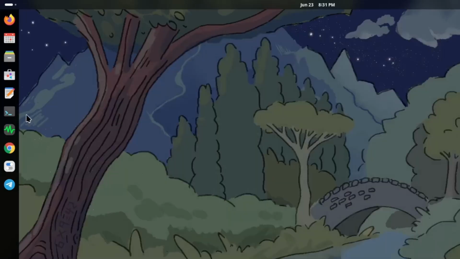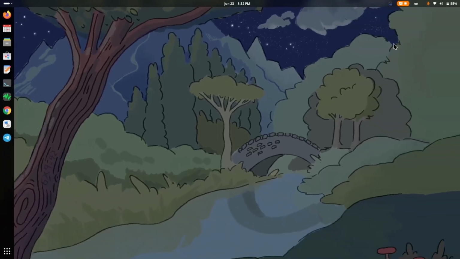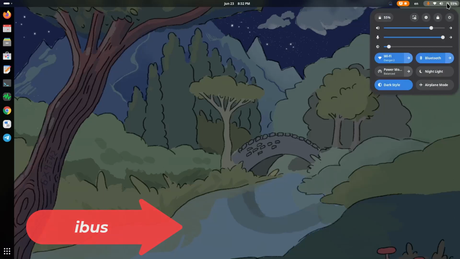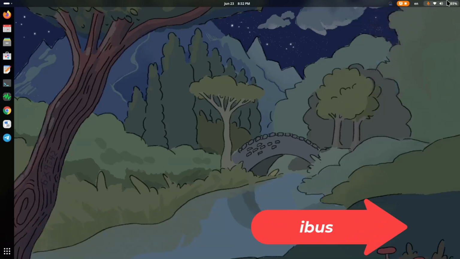So first of all, what you have to do, you have to install a package. Now remember that if you are using Gnome desktop, then it will be very easy to use this voice typing, because Gnome desktop by default uses the iBus intelligent input system. That is, whatever your keyboard input is, that is controlled by iBus. And first of all,